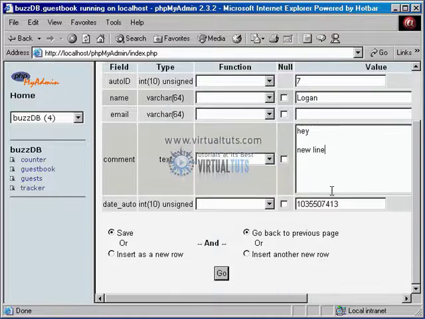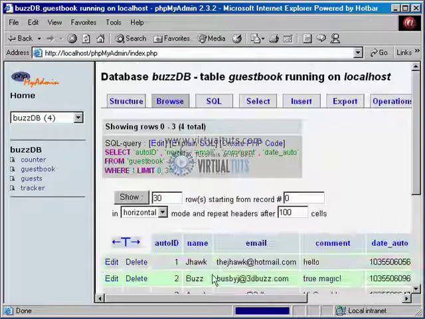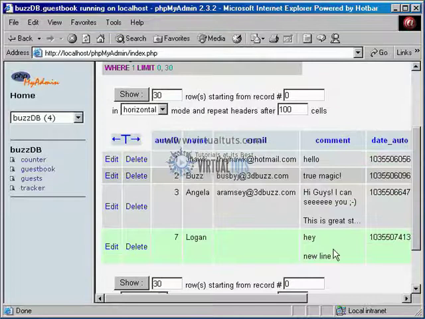So if you just take that last line out, go ahead and hit go, and it updates, and there you go. Here's another very cool thing about